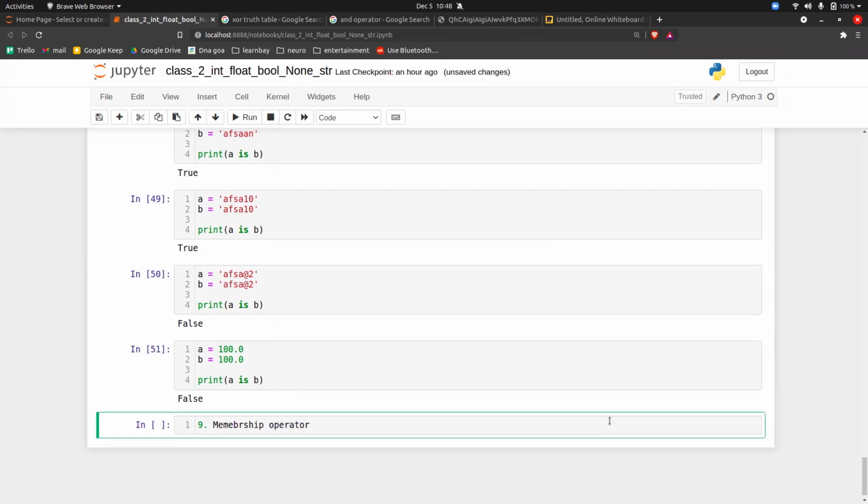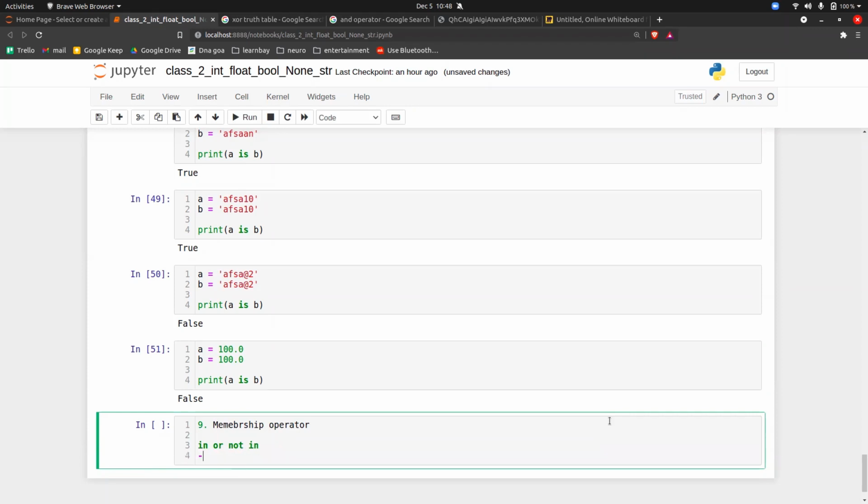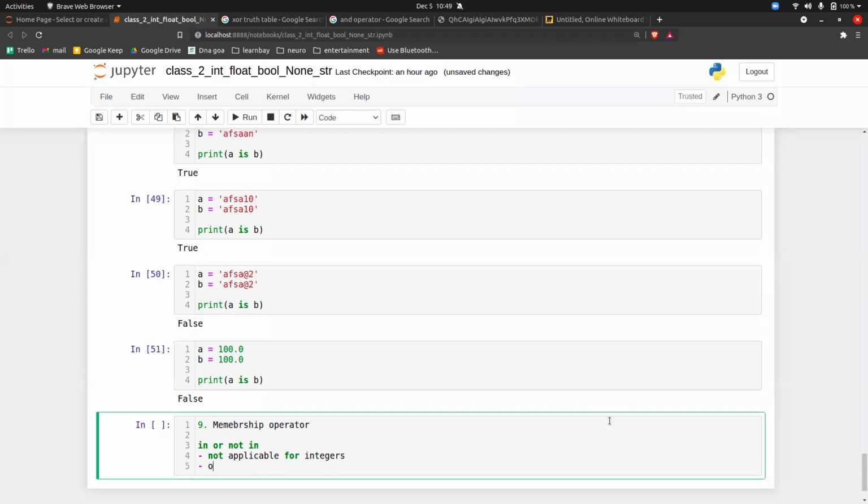This membership operator is in or not in, but unfortunately it is not applicable for integers, because the membership operator is only applicable for sequence data types.